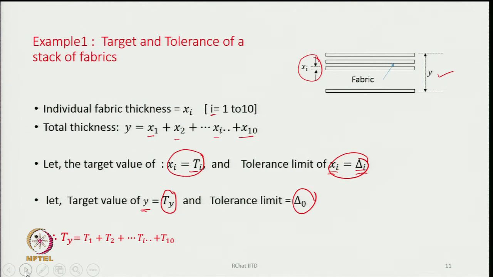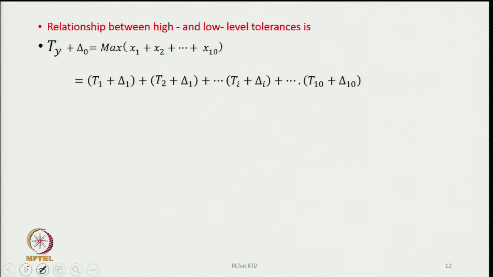So, this is for x_i, and this is for y, and y is a function of x. y is a simple function of x in this case, because y is going to be the sum of the individual layers, x_1 plus x_2 up to the 10th layer. So, T_y, the target value of y, will be T_1 plus T_2 up to T_i up to T_10, because these are the target values of the x_i's. So, T_y plus delta_0,